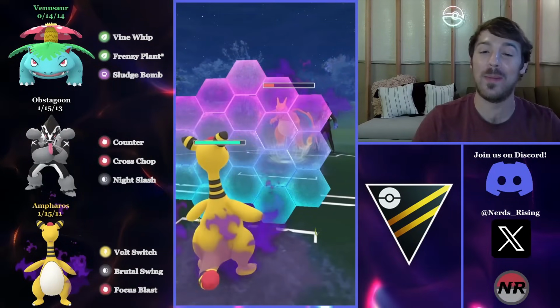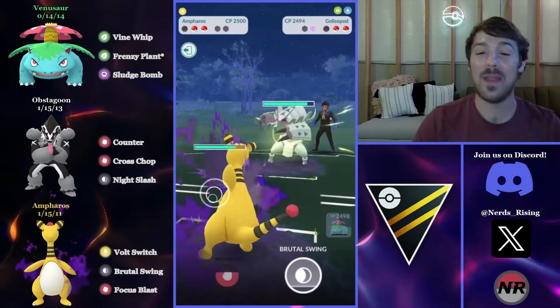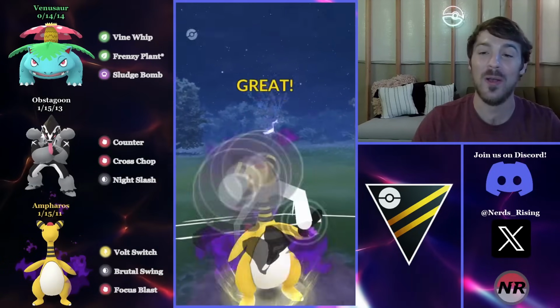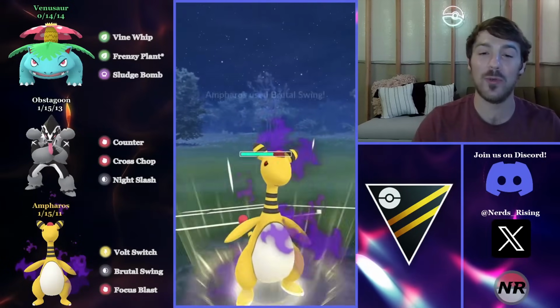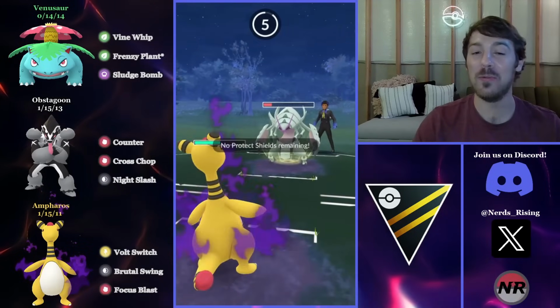because I'm actually able to land a Sludge Bomb on the Charizard. I get a Volt Switch of damage off as well, and that has gotten that Charizard very, very low, and I still have energy banked on my Venusaur as well. So now all I have to do here is get this Golisopod extremely low, and then come out of this matchup with the Venusaur and Sludge Bomb their Charizard, and I'm going to take back a very, very rough lead